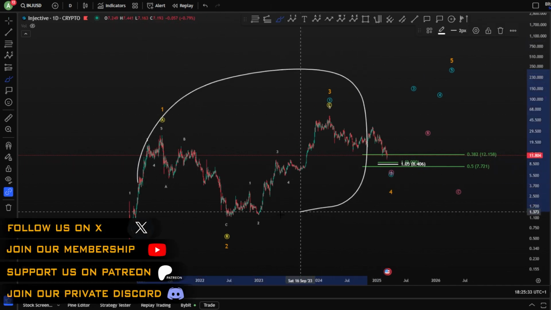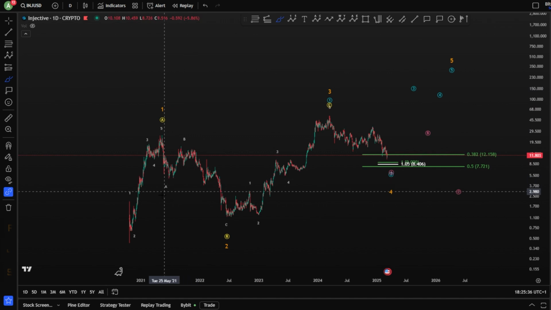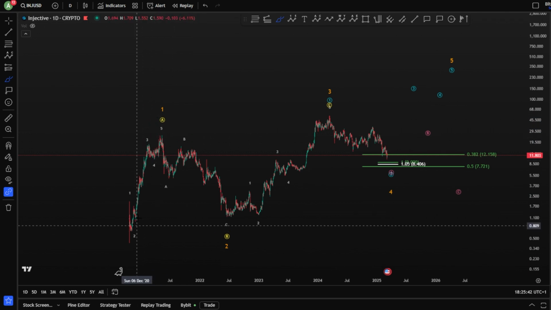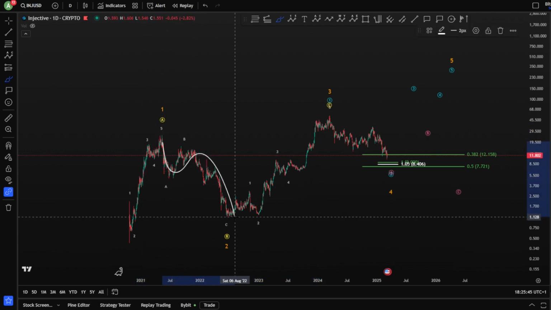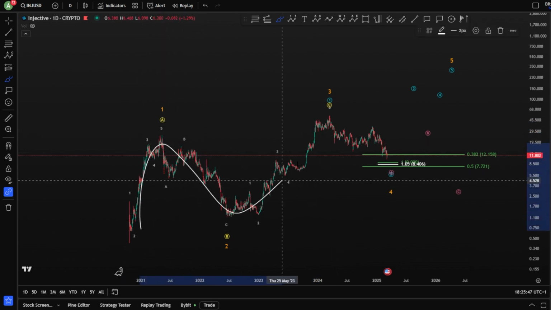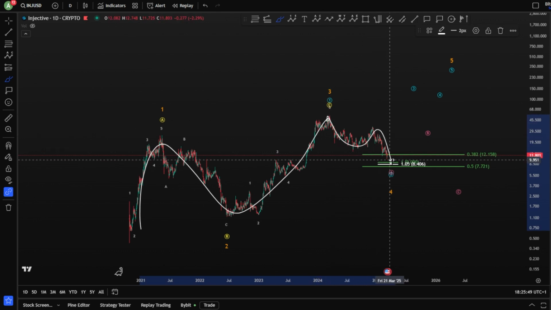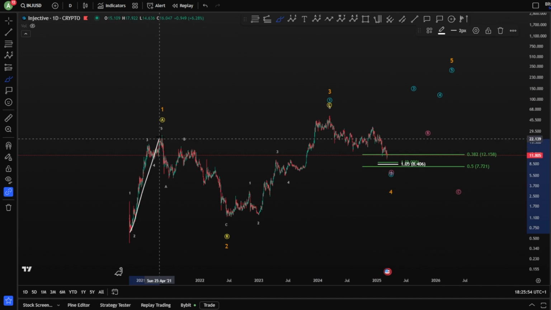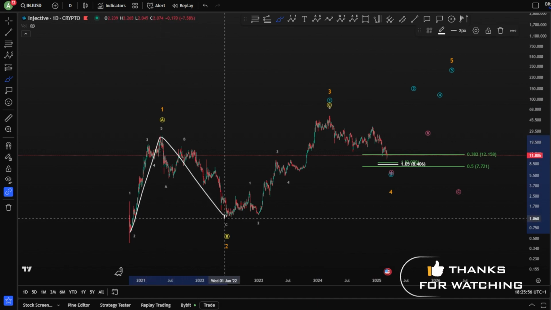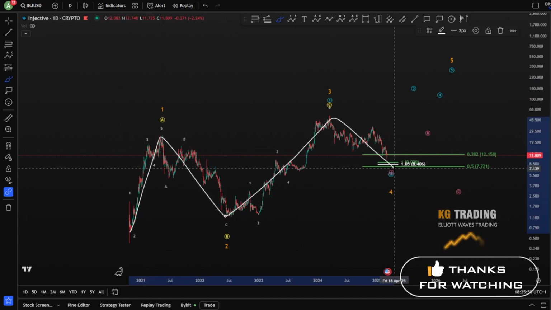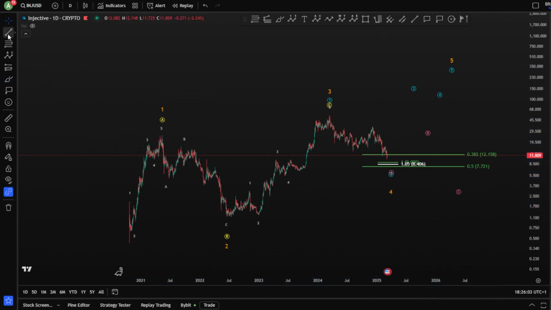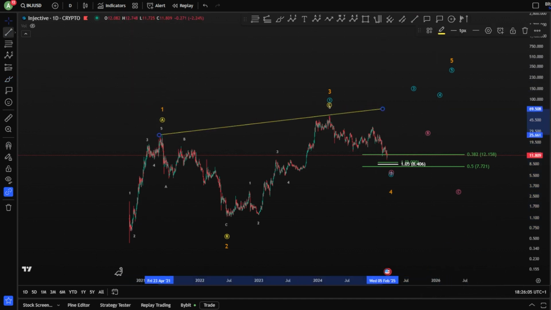Starting with the overall view for the bullish and bearish scenarios, we have, of course, a bullish impulse towards the upside, wave A or wave 1. We're looking for an ABC correction, meaning three waves down, and after this, an impulse towards the upside. If you are in a wave 1 and have finished a wave 2, you're looking for a wave 3, 4, and a 5, potentially in a leading diagonal, or